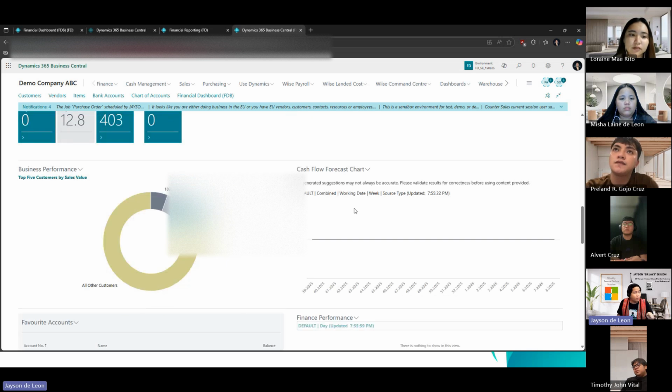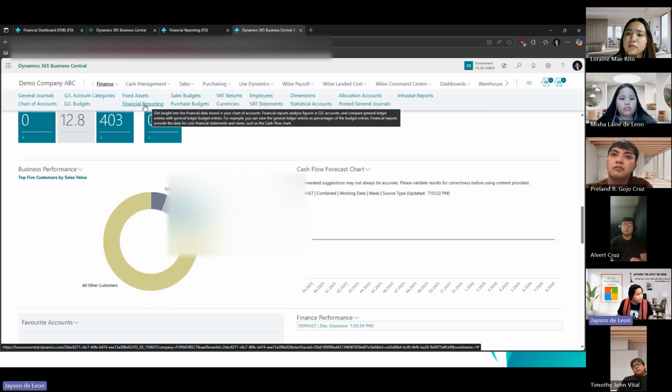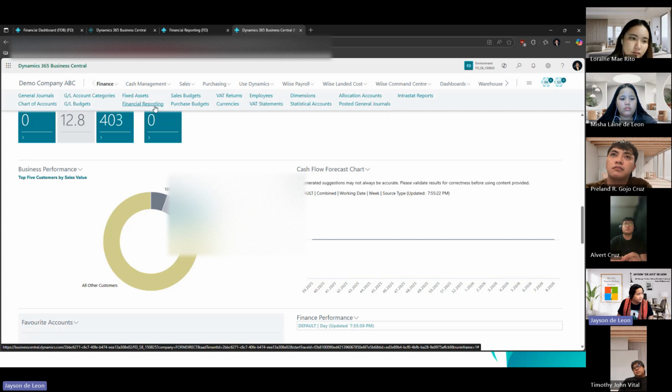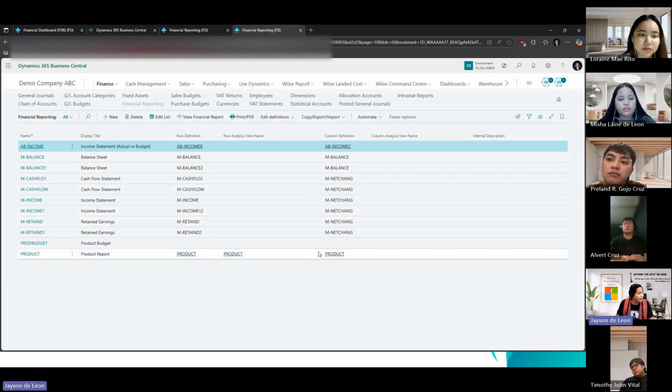Now going back to our finance, I'm going to click financial reporting here. So currently, these are the templates that I have in my financial reporting. You can create new if you would like to create a new report. But because of the time constraint, I'll just show you a pre-made report.